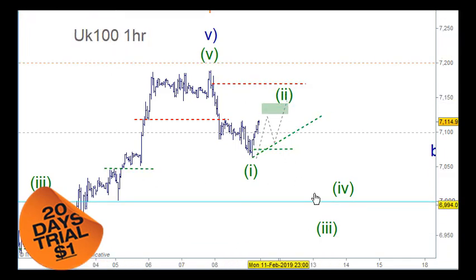So look, possibly looking for a nice short trade to come into play here. So the current moves up through here. This is what I don't know. I don't know if this is just going to move straight up into this box here and then come straight down. Otherwise, if it doesn't move up there, it can move up for an A wave, then a B wave and a C wave here. This is something that we're just sorting out with the US as well. It's a little bit tricky to establish it at this particular stage. We just need to see a little bit more maturity there, and one more session will give us that. So we'll know very shortly. And of course, this is the same for